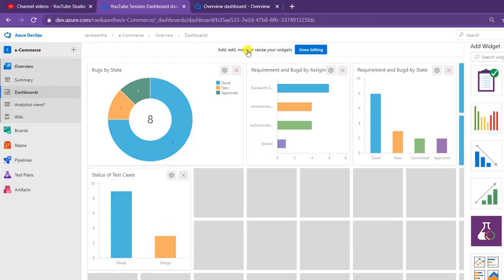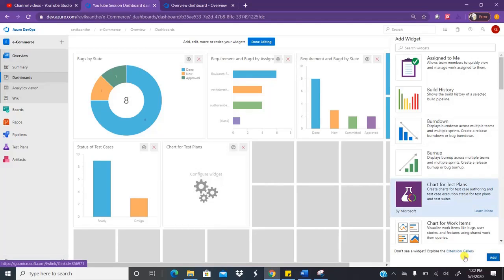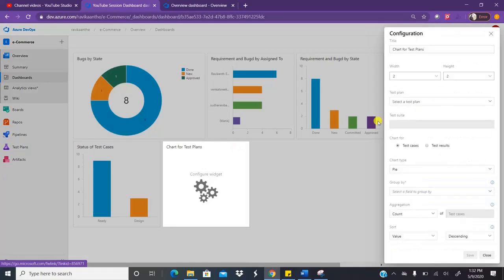So now I want to track the test results. How many test cases are passed, how many test cases are failed, how many test cases are blocked, how many test cases are not run. Basically in not run status. For that, again, I'll be selecting chart for test plans, click on add, and now click on the gear icon to configure the